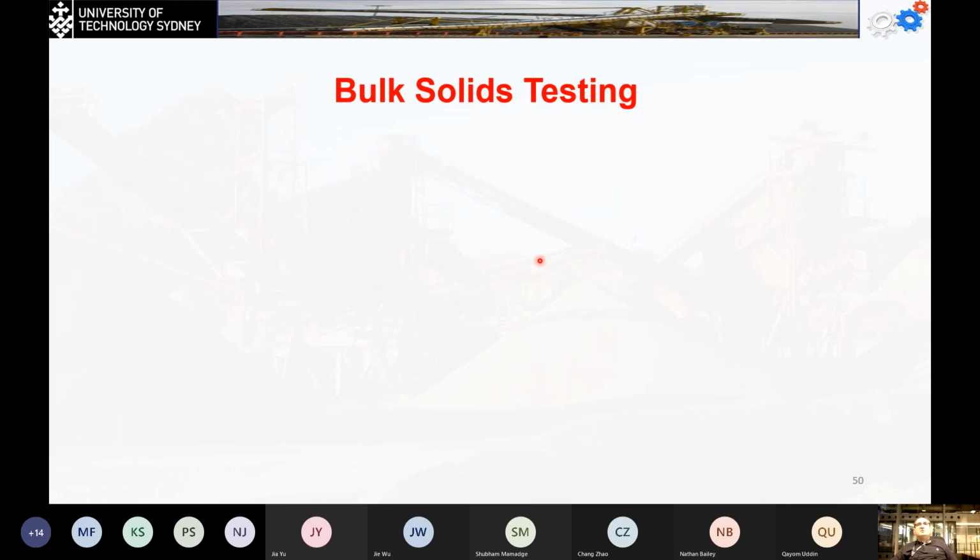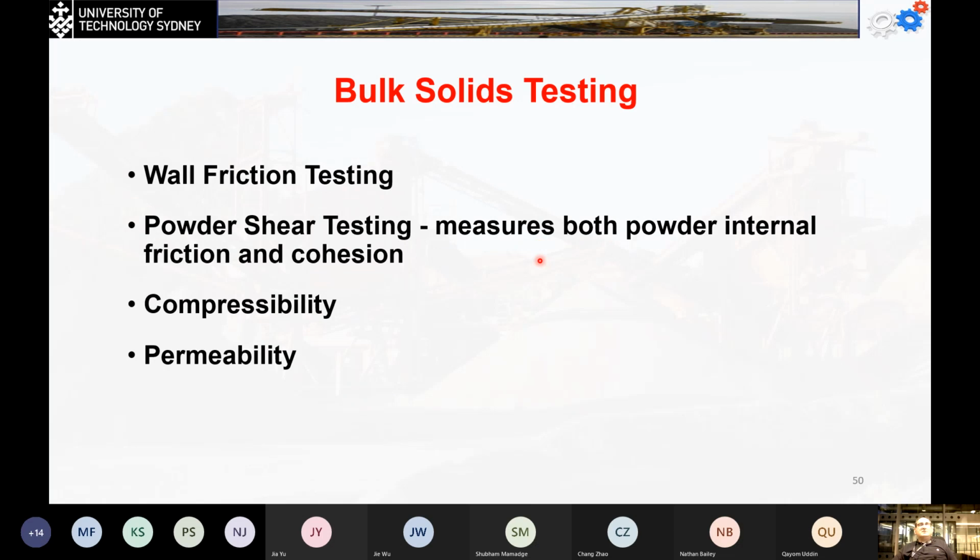And we need to start with doing the testing for the bulk solids material. One of the tests we learned earlier was the wall friction testing. We talked about it last time with the Jenkins shear test. And also we can do the powder shear testing, which is a measure of both the powder internal friction and the cohesion of the materials. And we do the compressibility and the